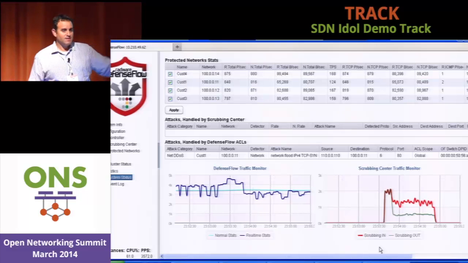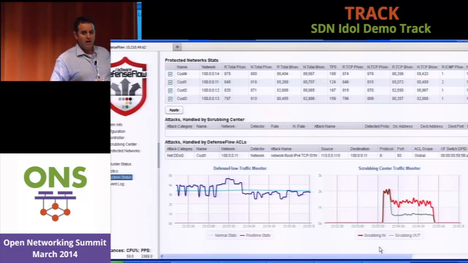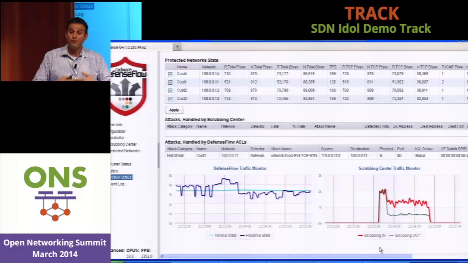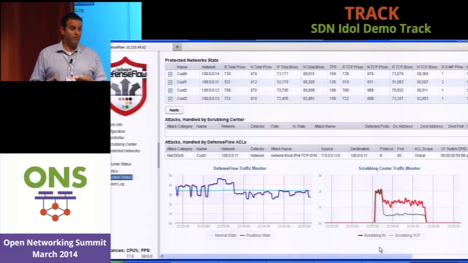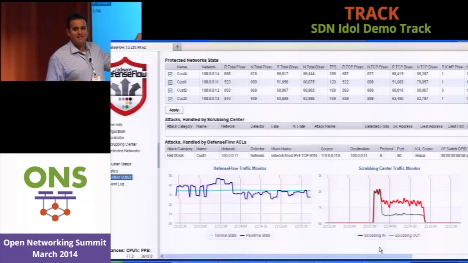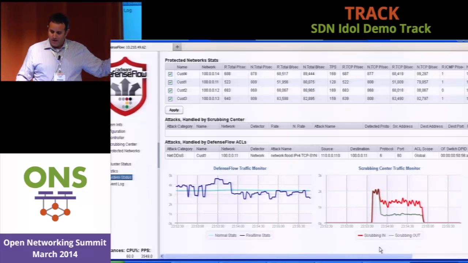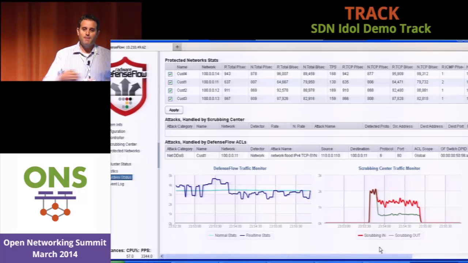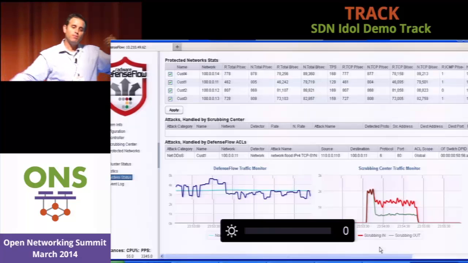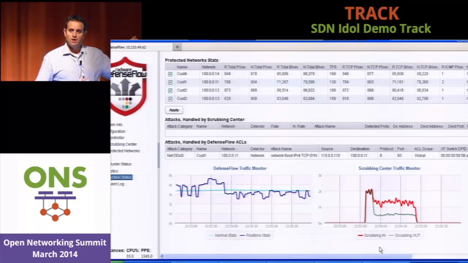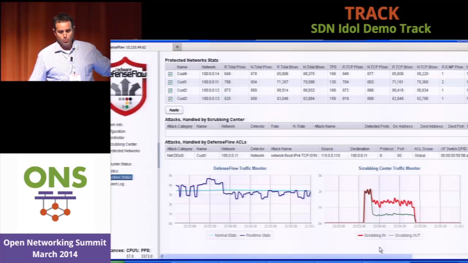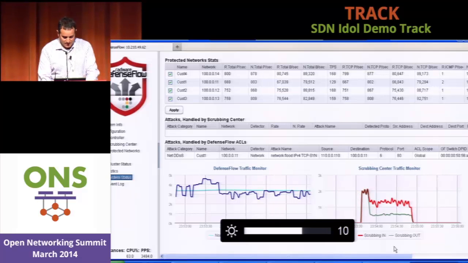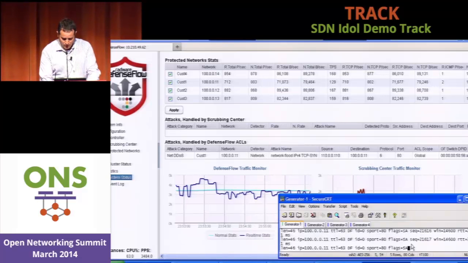If this attack is sustained, and this is what we've seen here on the screen, the DefenseFlow application will see this is a sustained attack. Let's free up this expensive gear, as we just mentioned before, and block it at the ACL level. And in this case, we're seeing that the ACL scope is global. What does that mean? Because this is a volumetric attack, it may impact my entire network. So I want to block it as close to the source as possible. So I want to block it pretty much everywhere. So this is a global ACL scope. Pretty cool so far. So this is on the network side. Let's stop this attack and move on to